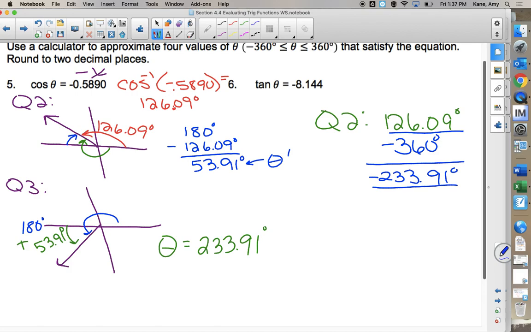And then if I take my third quadrant angle and subtract 360, we also end up with that negative 126.09. This angle is in the third quadrant. This angle is in the third quadrant. It's the angle that goes the other way. Questions? This was the only one on that page where you could not use the given angle as a reference angle because it is too big. All the other ones, the angle you got from your calculator, you can then use as its reference angle,